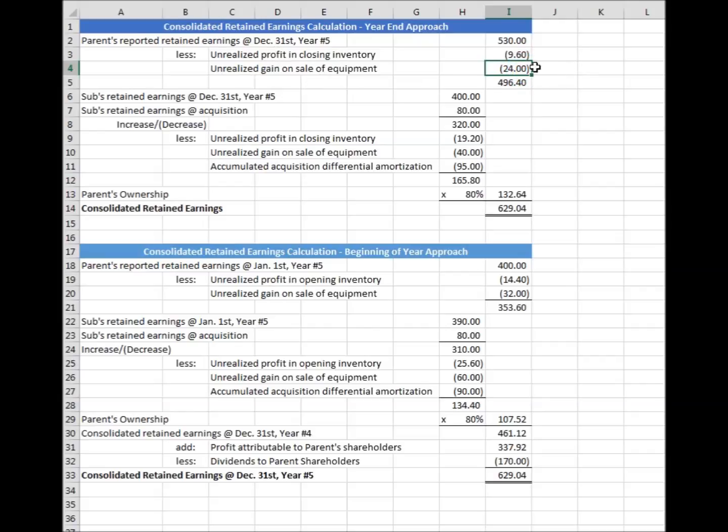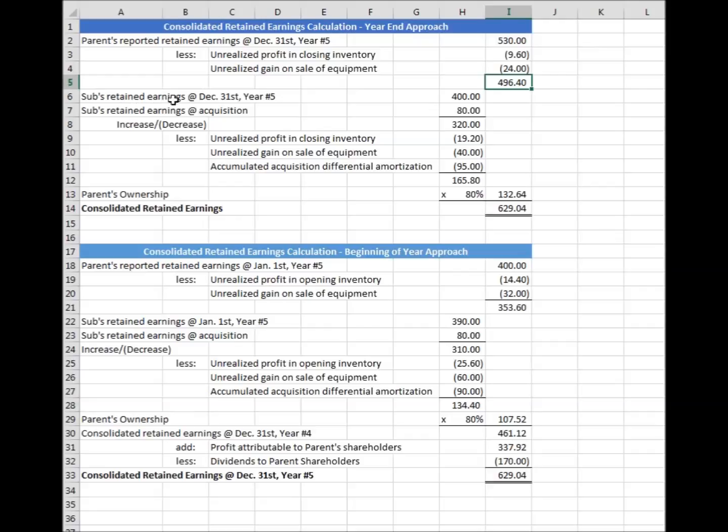And this is what's left unrealized. We'll still need to amortize that. So this is unrealized. So once again, it's included in the non-consolidated retained earnings, but we want to take out that gain and realize it over the useful life. So that'll give us an adjusted retained earnings of